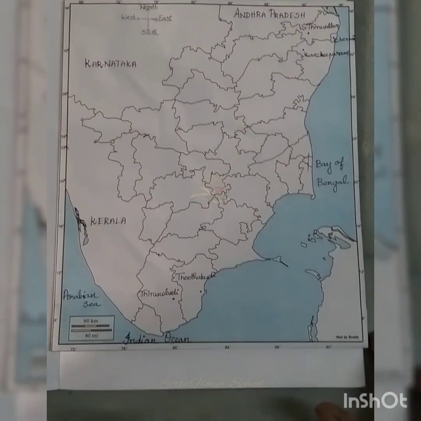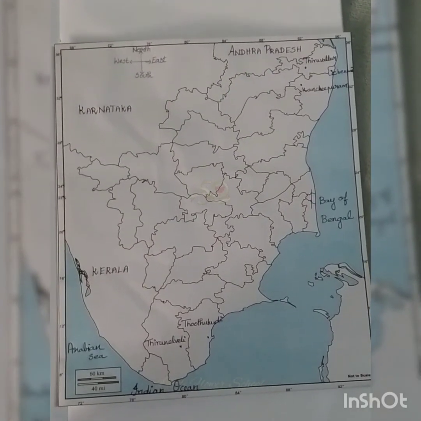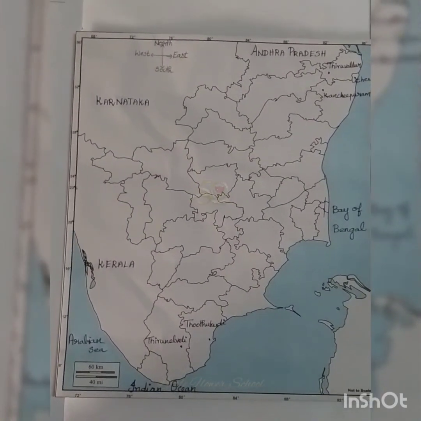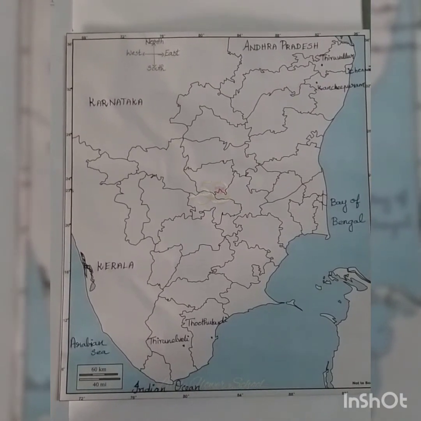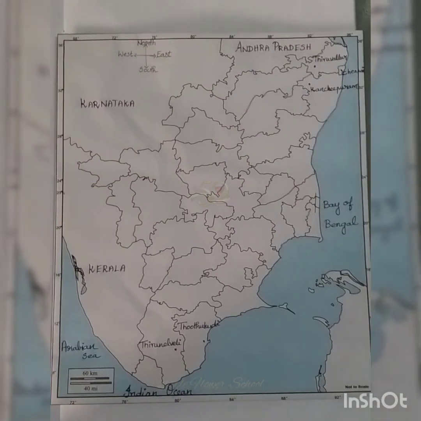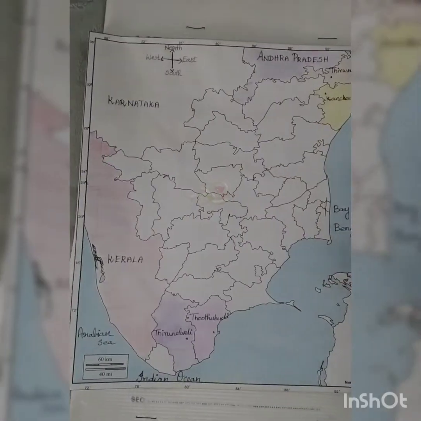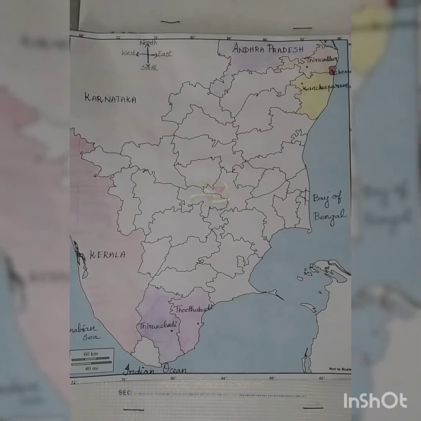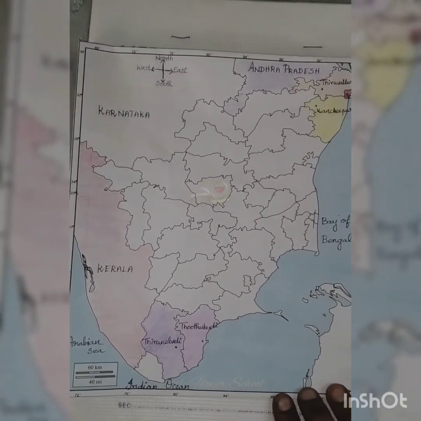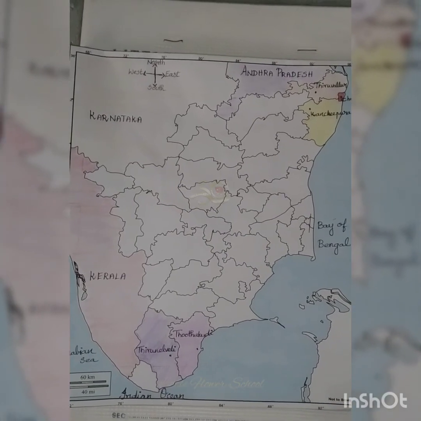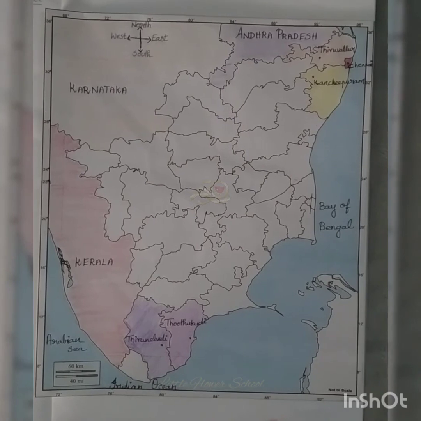Now what is the next step? We are going to color it. And keep in mind, children, we should not use brown, green, blue color while coloring. So see, students, I have completed the map. I have colored. Keep in mind you have to color in a single stroke. Complete the map neatly and what is the next step? You have to paste it. Students, paste it like this neatly.